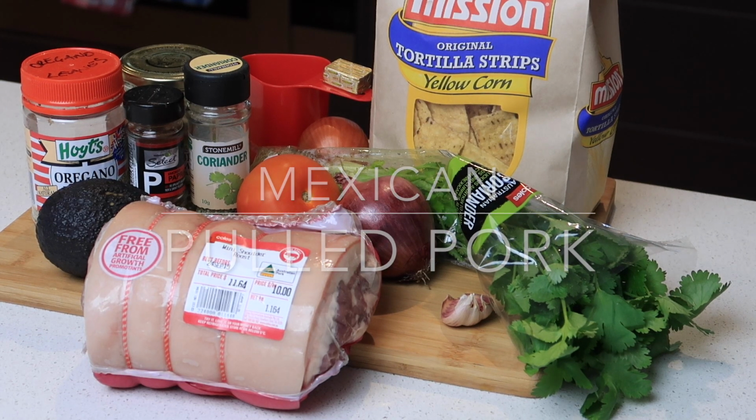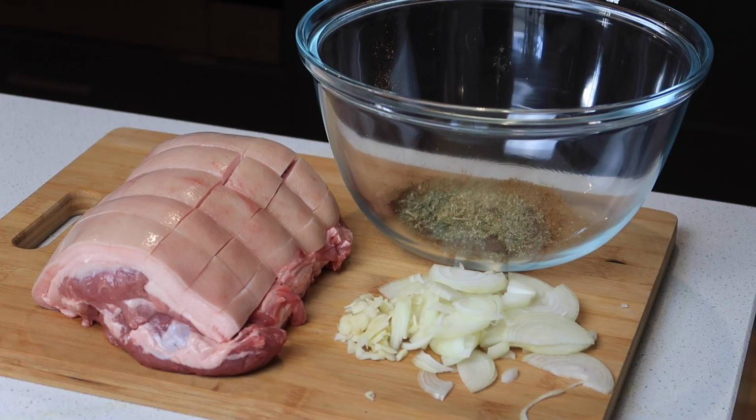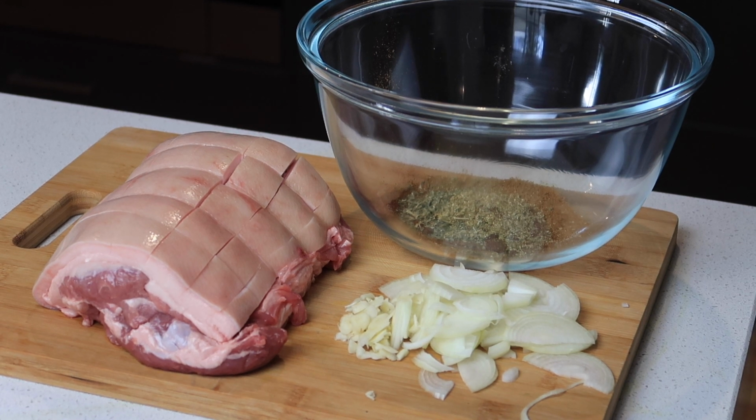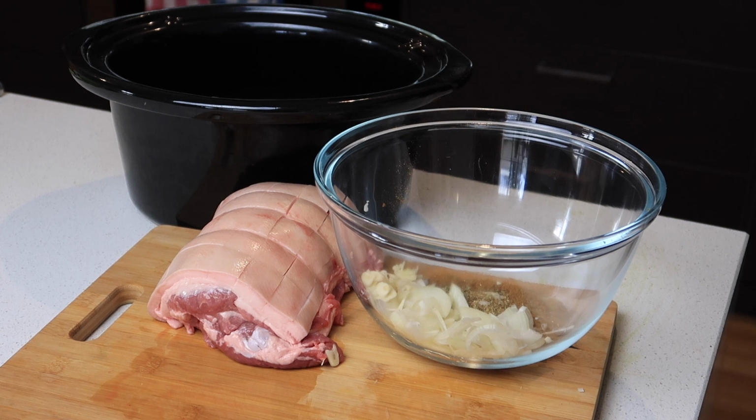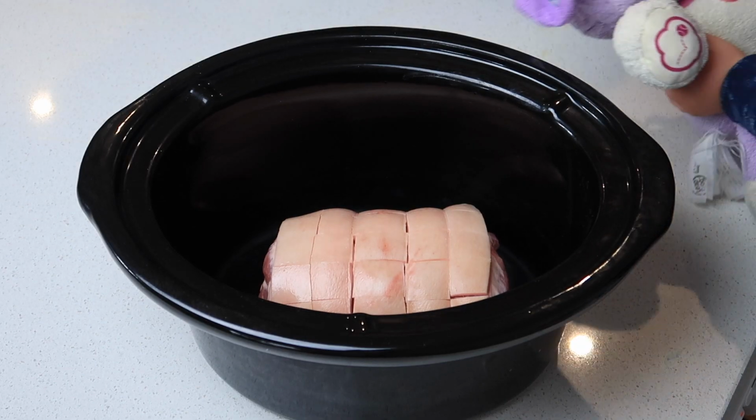So for this, we're going to use a pork shoulder. It's about 1.1 kilos. And what he's going to do is slice it so the seasoning can penetrate into the meat. So not cutting it the whole way through, just some slashes into it. Then he's chopped up one onion as well as the seasoning, which has oregano, smoked paprika, cumin,